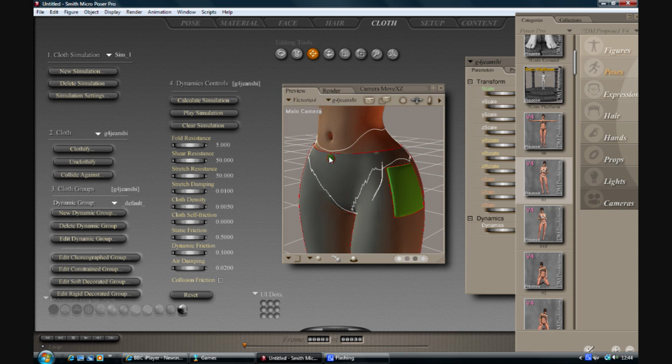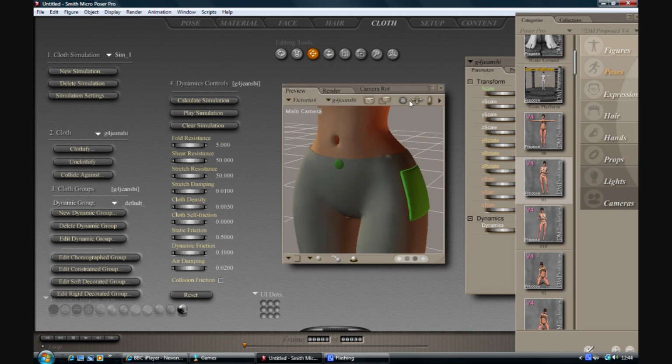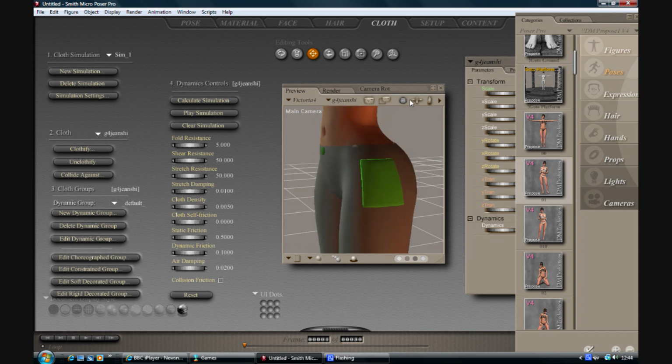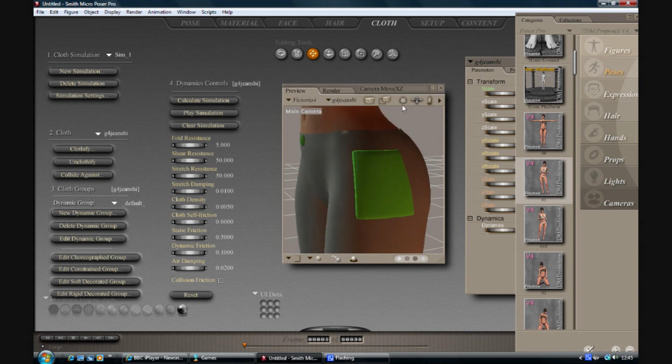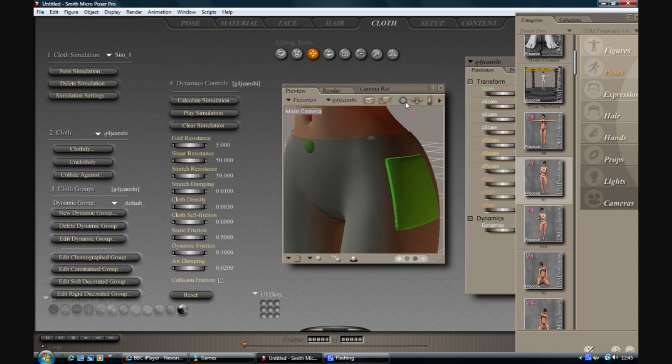Now the soft decorated group will take the vertices you add to it and try and keep them in context with the mesh underneath it. So if the mesh underneath it creases, it will crease, but it will try to maintain its shape. So it's not going to expand and flop and fall